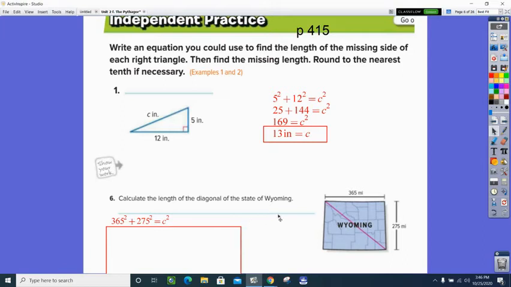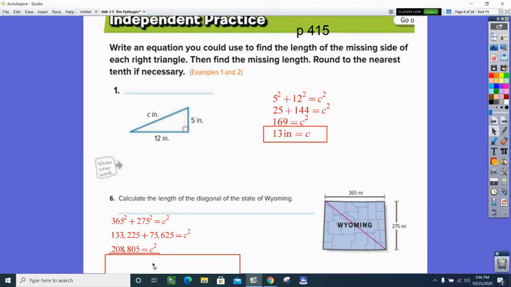Did you take 365 to the second power plus 275 to the second power, and that will equal that diagonal to the second power? We're now going to pick up our calculator. 365 to the second power is a whoppingly huge 133,225. 275 to the second power is 75,625. So the 365 squared plus the 275 squared still equals c squared, and that's your second line of work. I'm now going to add these two together, and we've got